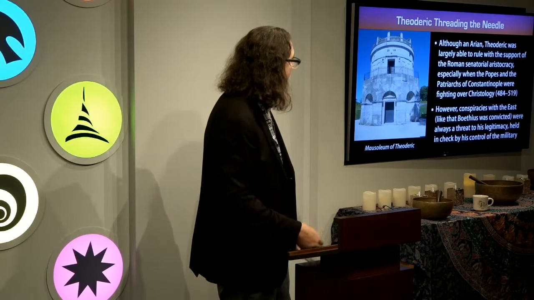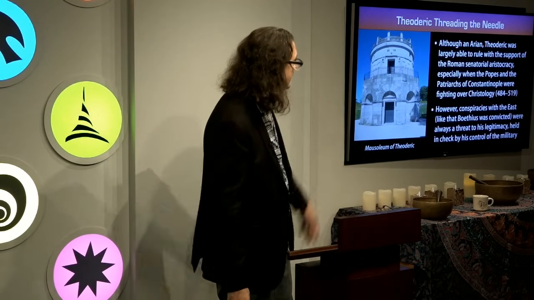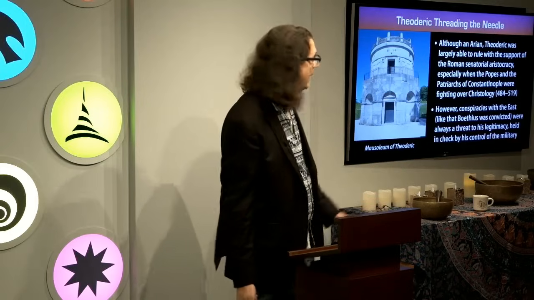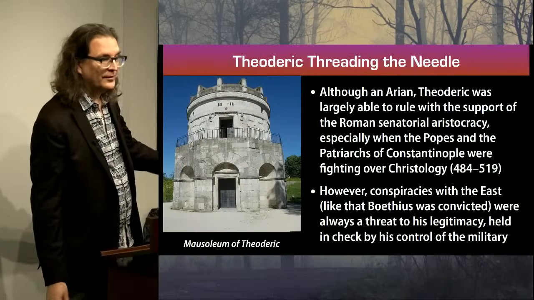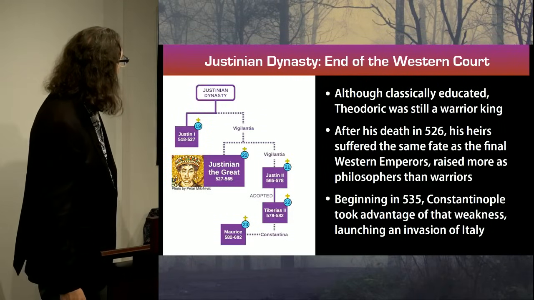And so that was always a threat to Theodoric's legitimacy, but he himself, because of his tight reins over the military, was able to hold that in check while he's alive. However, you can see here's a mausoleum of him, so he doesn't live forever. No king can live forever. And so